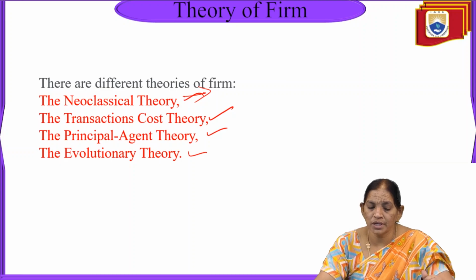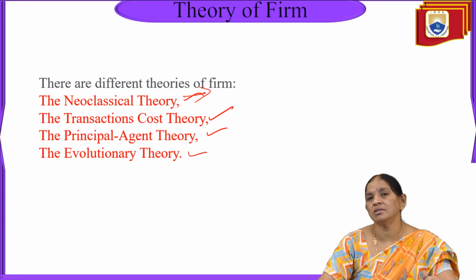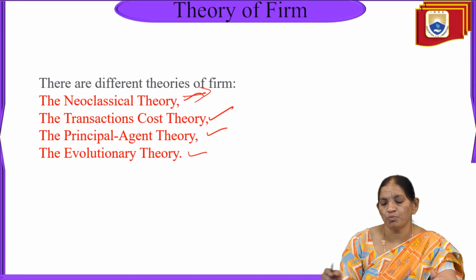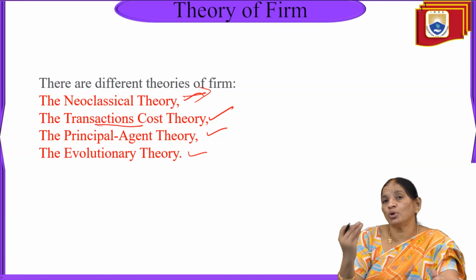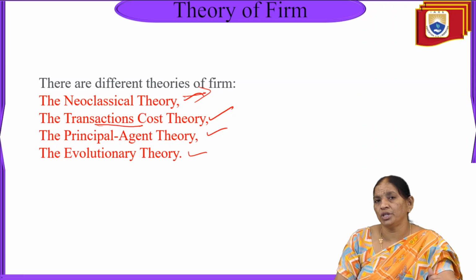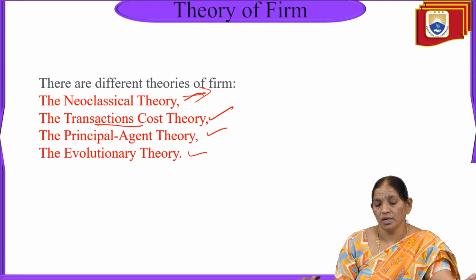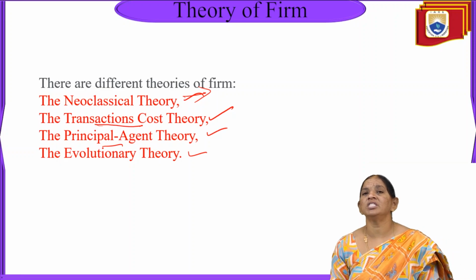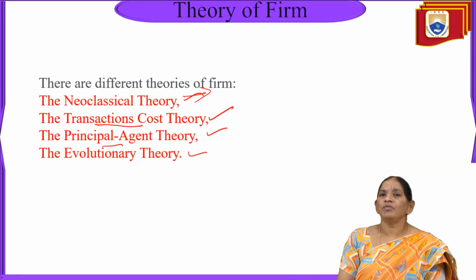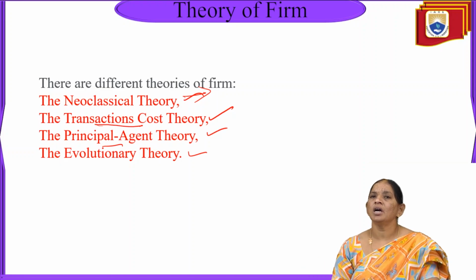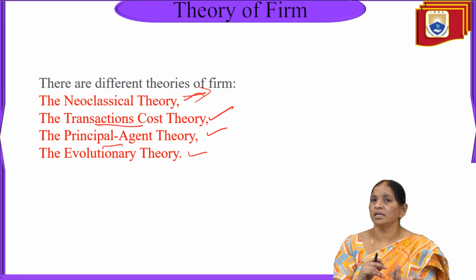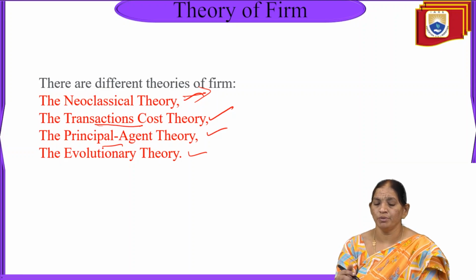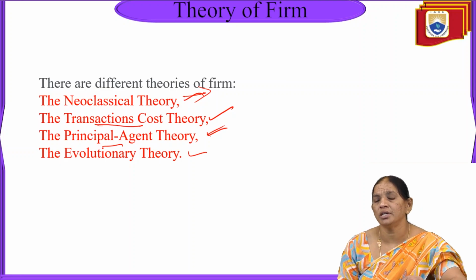When you say the transaction cost theory, the firm's theory depends upon what amount he transferred or what he purchased. Based upon the cost, he goes for the profit motive. That is called the transaction cost theory. Next comes the theory of principal and agent, where we have a relation between principal and agent, such as debtor and creditor, or customer and owner. How that relationship is executed in the theory of the firm is explained in the principal-agent relation.